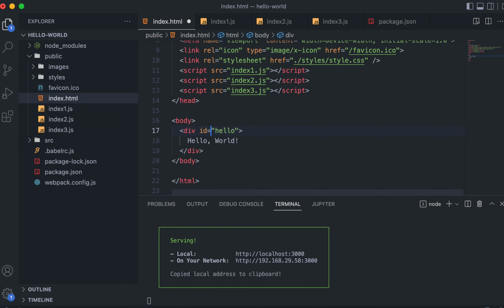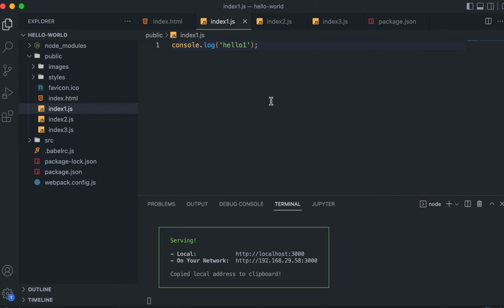ID is equal to hello, right? Now this hello ID, I want to target this element. I want to just, let's say, get the reference of that element. Now in the first index.js file,